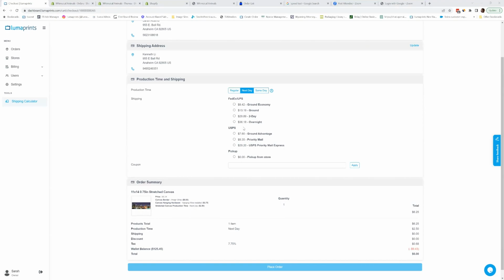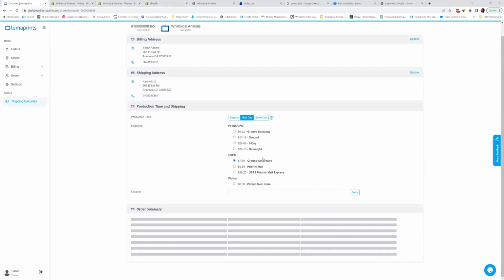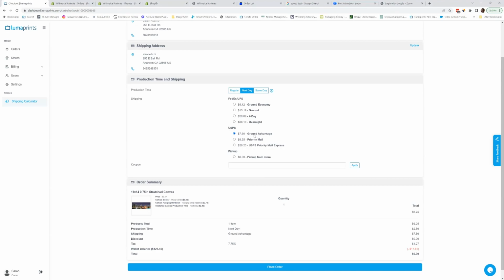So you can pick a shipping option here. Also, as a note, on our old website, USPS First Class is not available anymore, since the code base hasn't been updated to the new name of Ground Advantage. So if you need First Class,